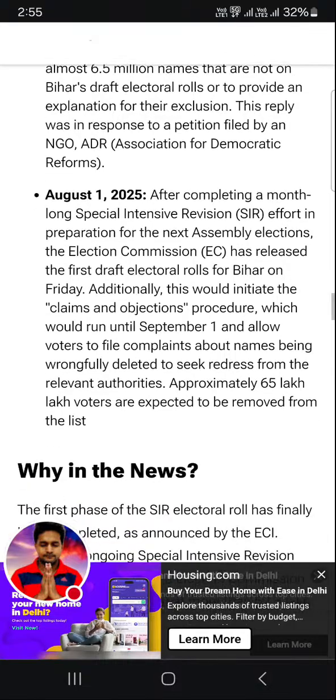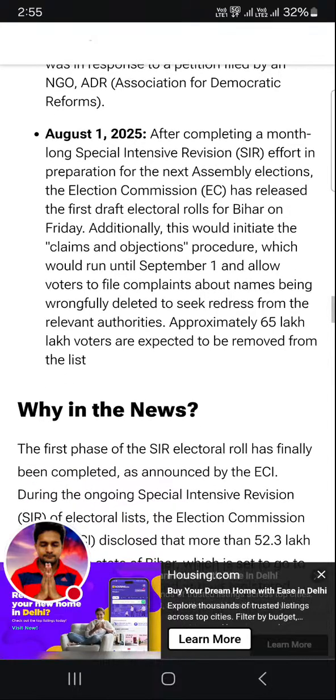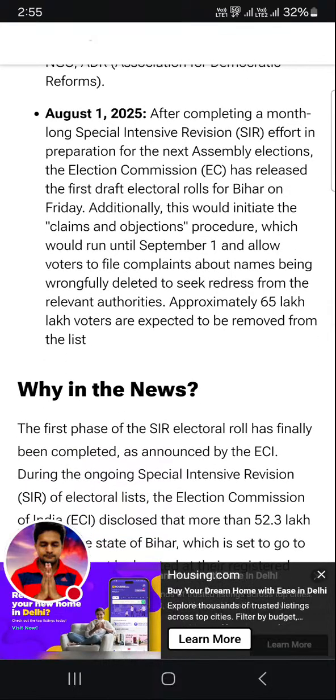August 1st, 2025, after completing a month long special intensive revision SIR effort in preparation for the next assembly elections, the Election Commission (EC) has released the first draft electoral rolls for Bihar on Friday.